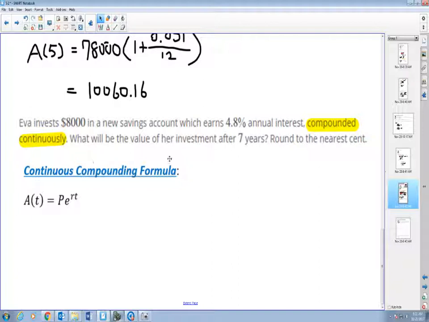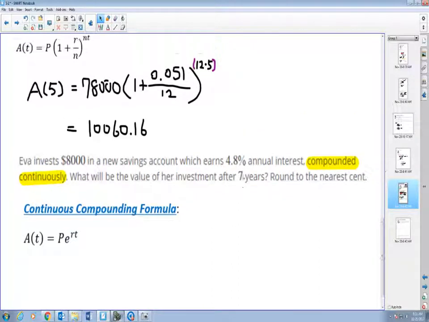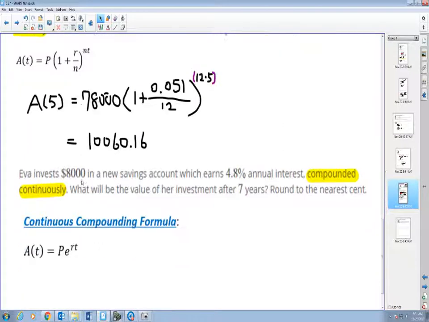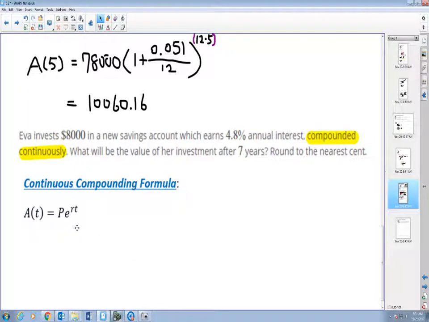What would be the value of her investment after 7 years? So what that means is compound continuously means this n just gets larger and larger and larger. That means n is approaching infinity. That eventually leads to this formula. So that will be the initial investment $8,000 times base e to the r, 4.8% is